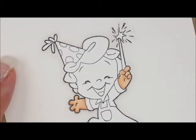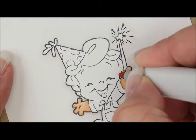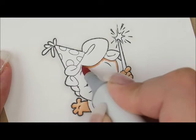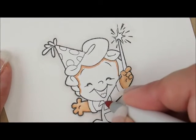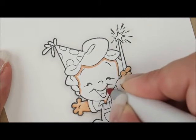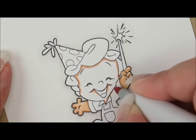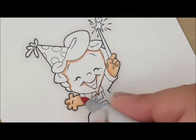Okay, let's go up here and do his face. So again, I'm going to start with my E11. And let's go right a little bit next to his hair. Here, and I'll do a little dab down here in his chin, and I think I'm going to do a little bit right here in the crease of his mouth. I'm going to blend that in over there, and actually I think I'll bring this up here to his sleeve, like that. Then I'm going to grab E21 next, and I'm going to continue to the rest of his face,